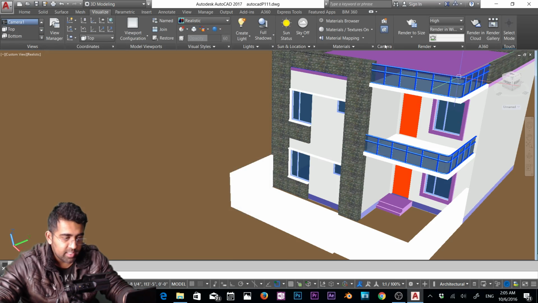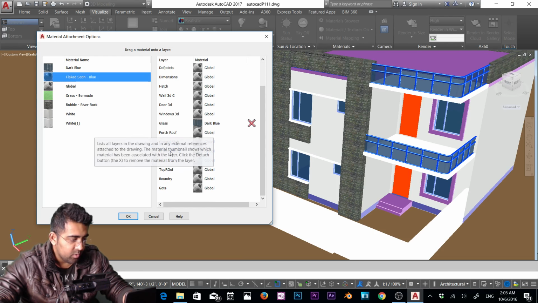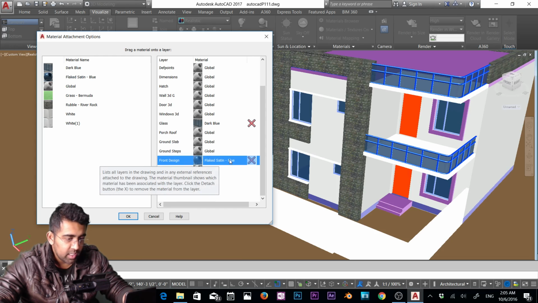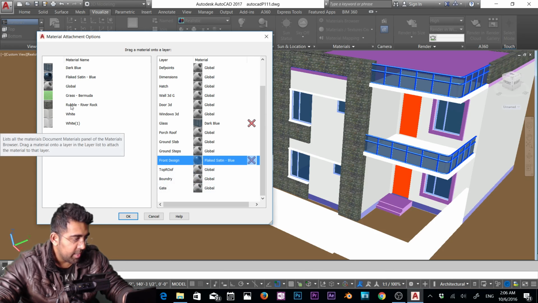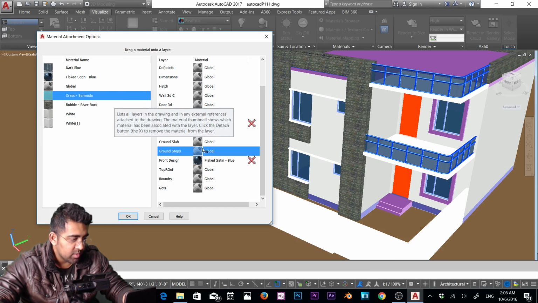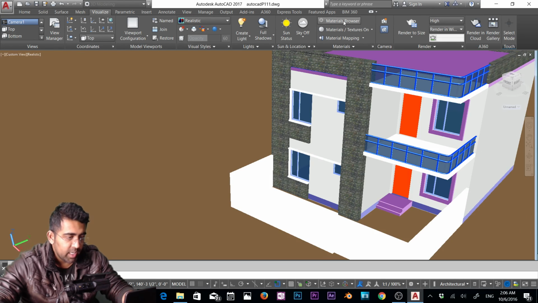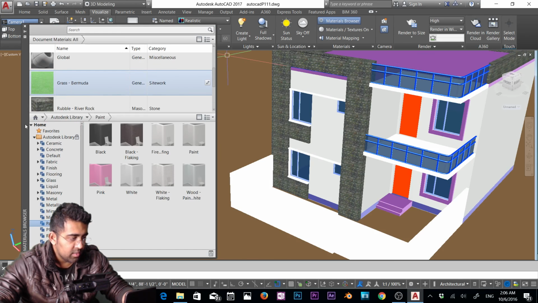Now we need a metal for this. So for that, let's select that by layer as well. So attach by layer. And we had this bluish metal. For blue metal, we had the floor front design. So I'm gonna drop it here. That's the metal done. And then we need a grass layer as well. So just drop that there. For the ground, so where is the ground? Ground. We don't have that. So for that, what I can do, I could go back to my material browser, select that,